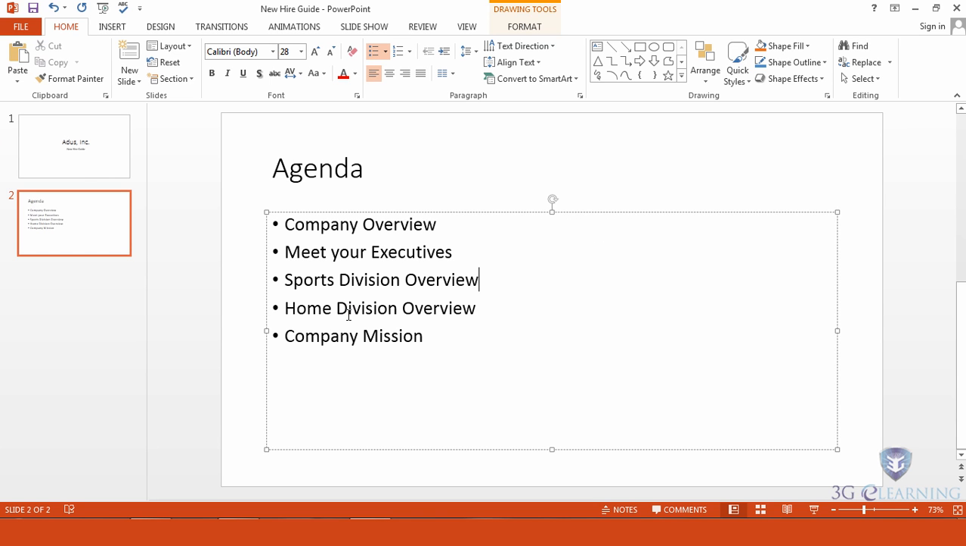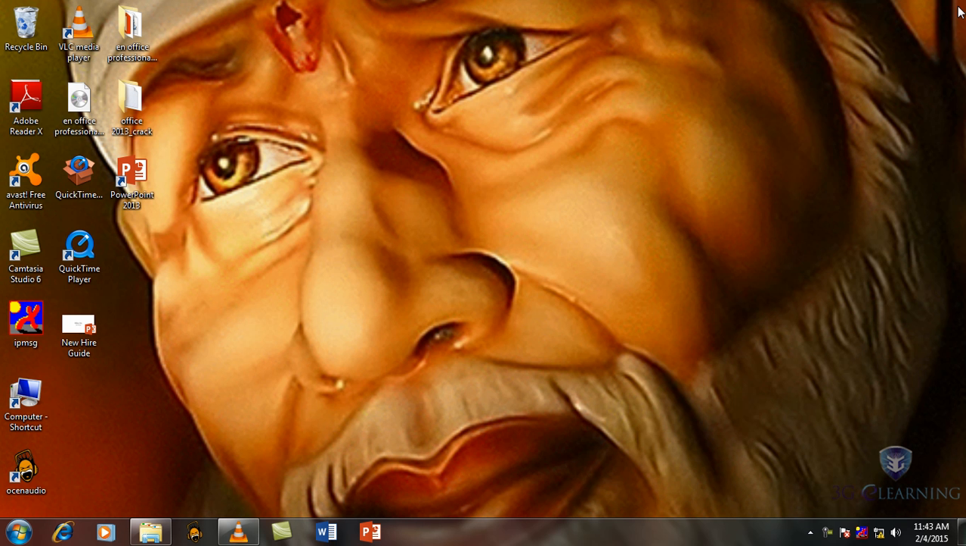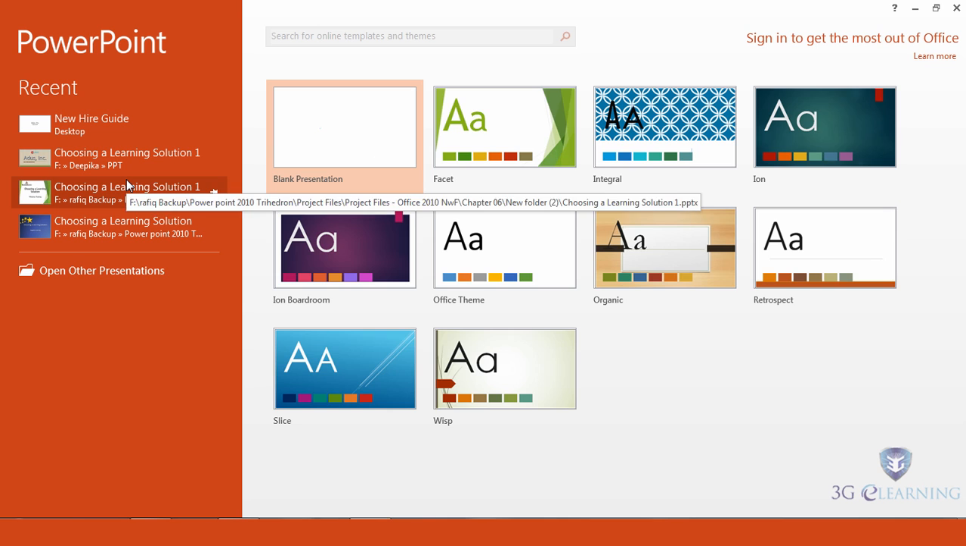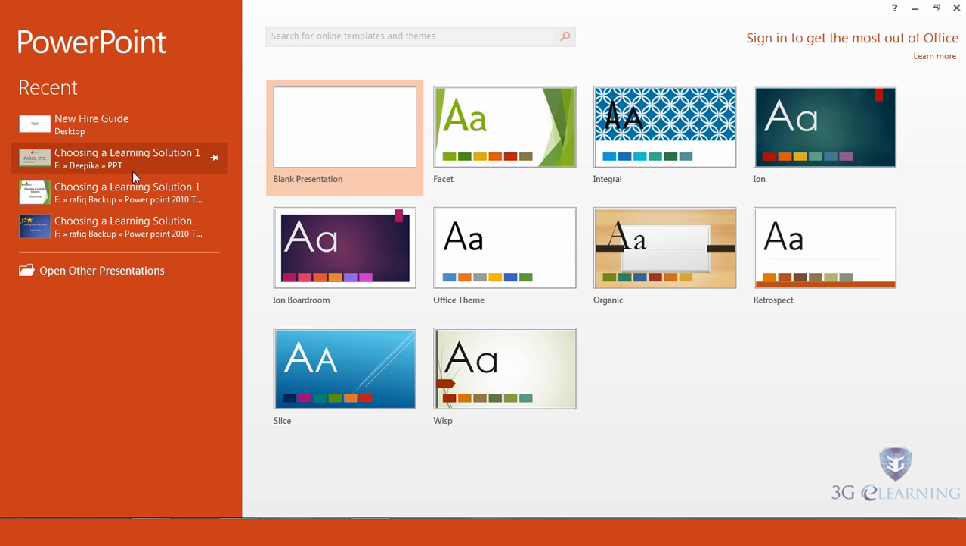When I'm all done, I can simply close out PowerPoint by clicking the X in the top right hand corner, and I am done. To get back into my presentation, I'm going to pretend it's not on the desktop and double click PowerPoint to open it up. If I had been working on it really recently, it's going to show on the left hand side in this recent field. However, if I had been working on a lot more presentations and it's got pushed off this view,